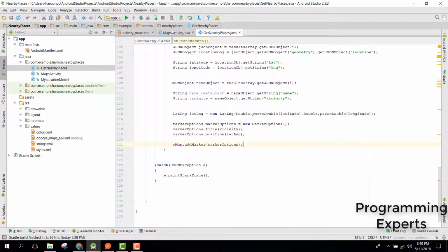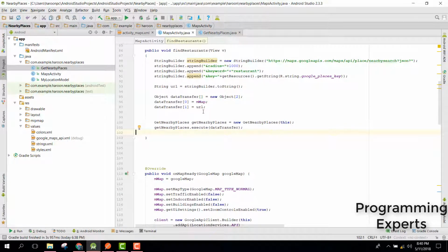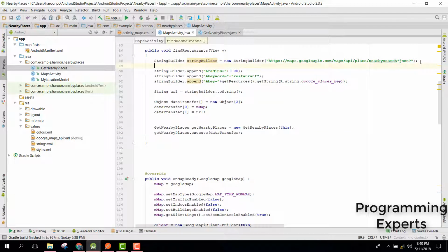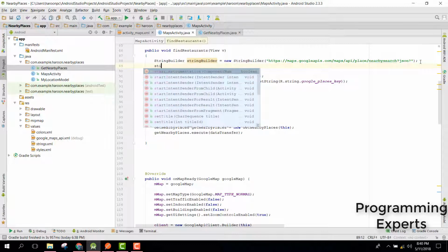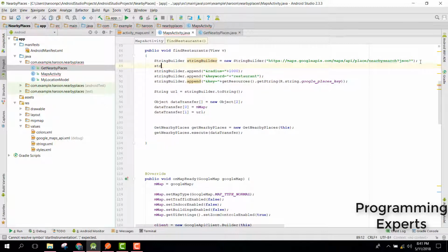Alright, that was it, but here we need to change. Okay, so here we forgot to add the latitude and longitude, I mean the location. So inside here we need to say stringBuilder.append, and in here we can say location equals,